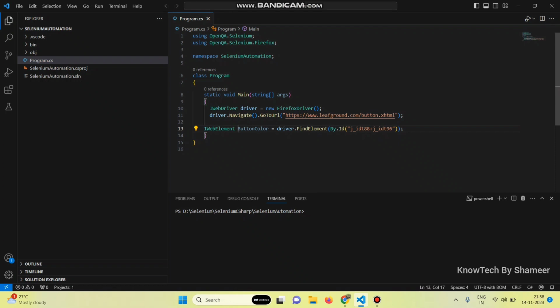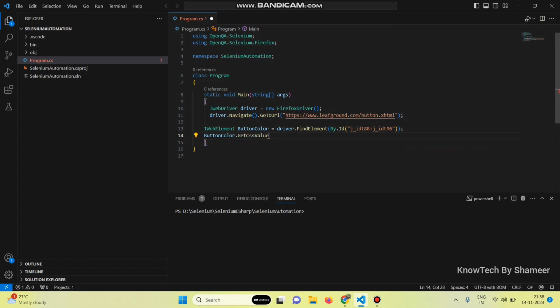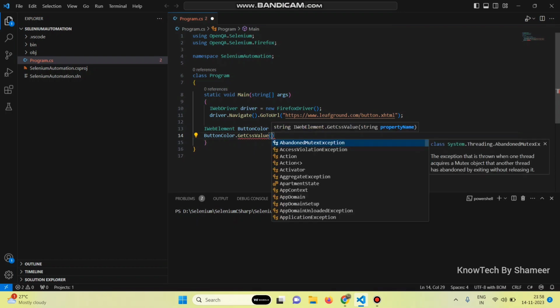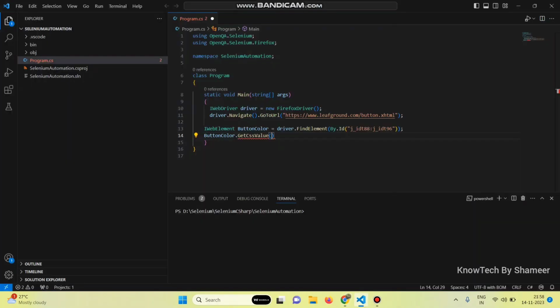Now we need to identify the color. So we have a function called get CSS value in C# to identify the color. Copy this variable button color dot get CSS value, and here we need to paste the attribute. So we need to paste the property name here. So open bracket. In the web page, if you can see, the color is stored in this background property. So copy this background and paste it inside double quotes and put a semicolon here,